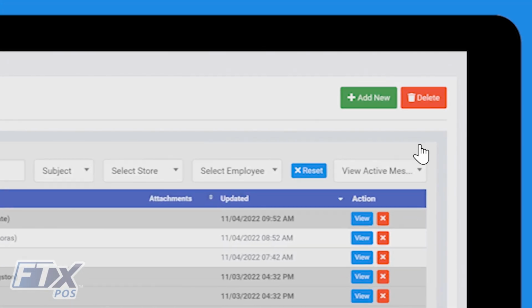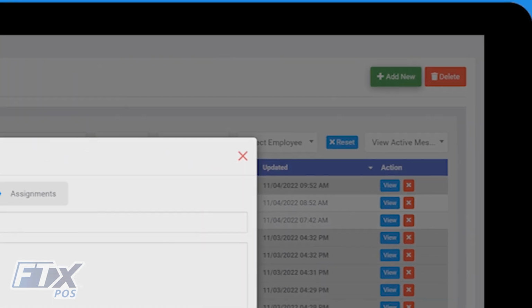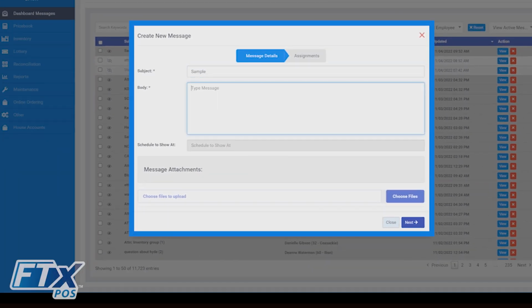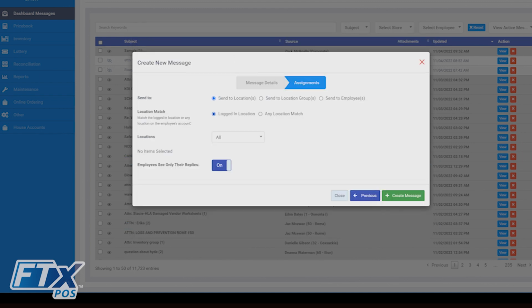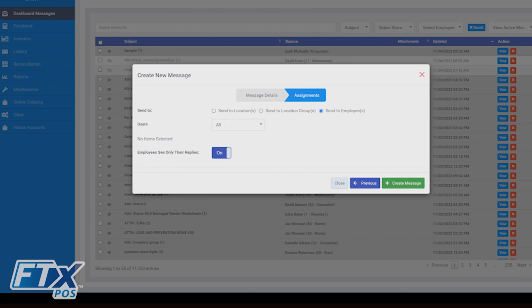To create a message, I simply add new, enter a subject and a body just like you would with email. I can add an attachment if I like. And then I would choose either a location or a specific employee to send it to, and then send it. The message is going to show up at the store level and actually the register. They can reply from there, they can reply from the handheld, view it on the handheld,